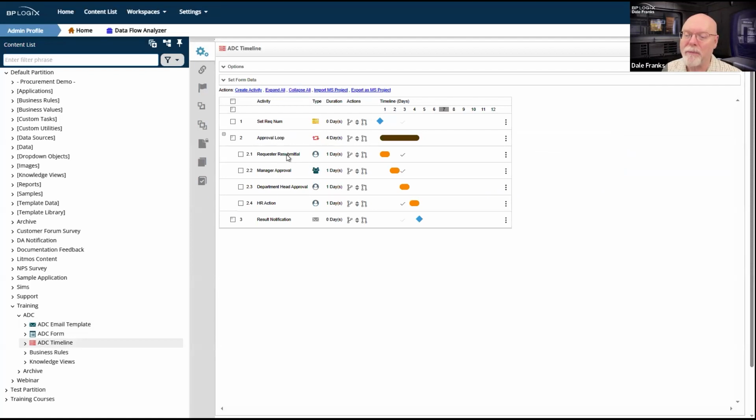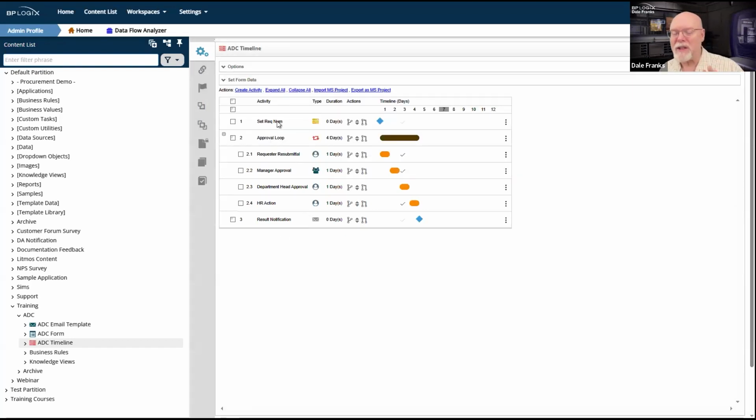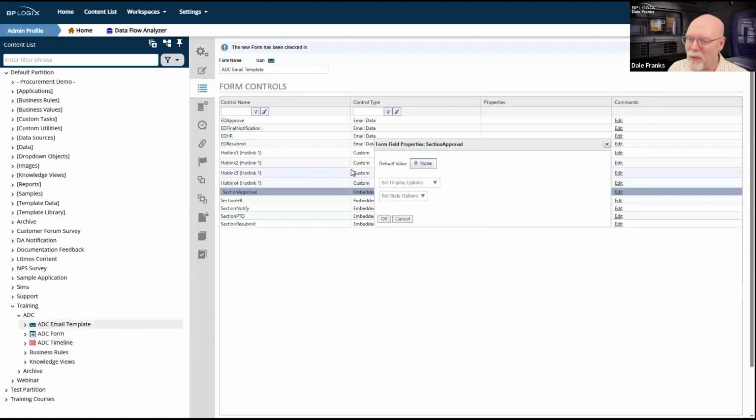So I need to grab that, and I'll show you why. It would be so much easier if we were working with a form, but we're not working with a form. We're working with an email template. And although an email template is technically like a form, it's not a form. It uses many of the same features, but it is not a form. Which brings up an important point. Email templates are not forms.